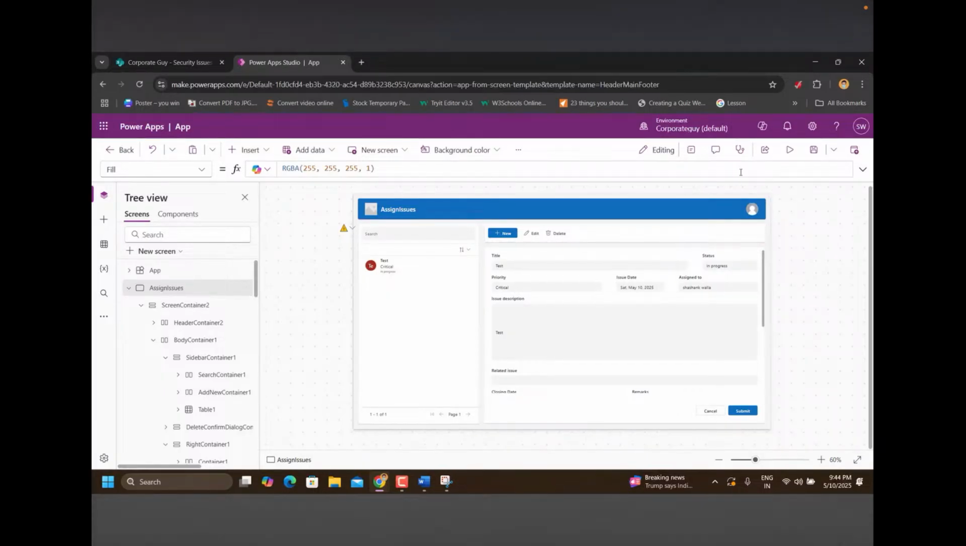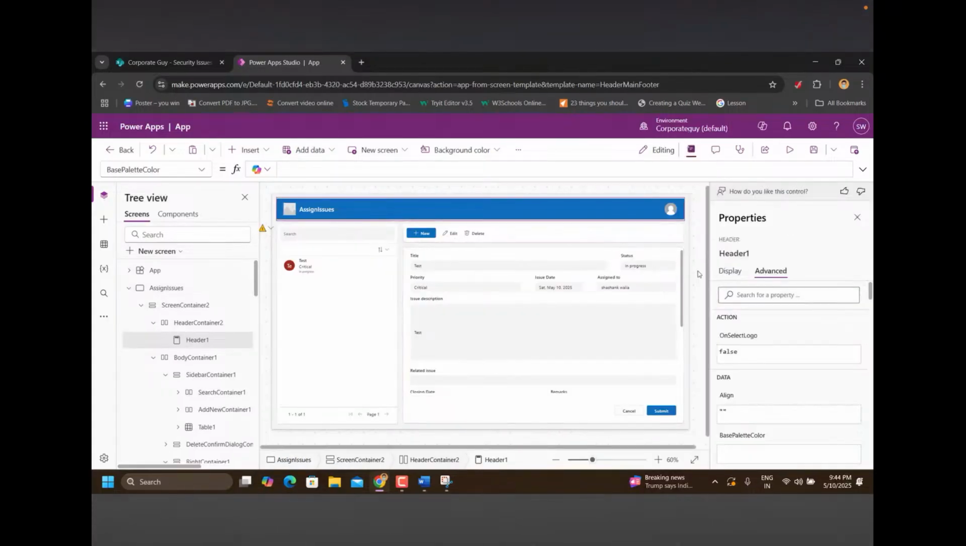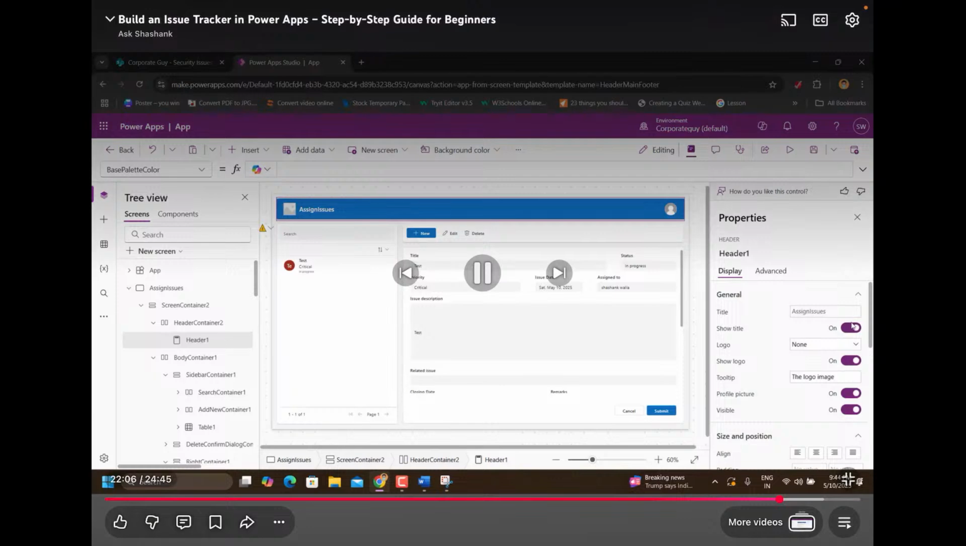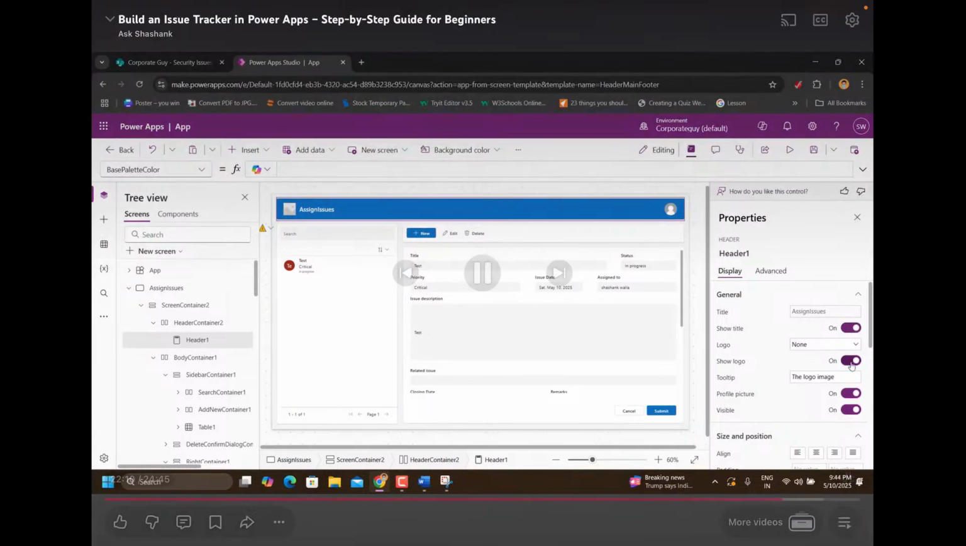So now once the application is ready, you can also make more changes here. For example, if you don't want to show this icon here, you can go to the properties tab and simply turn off all those features which you don't want. If you don't want to display the title, you can turn it off. If you want to display it, use it as you want. If you don't want to show the logo, just